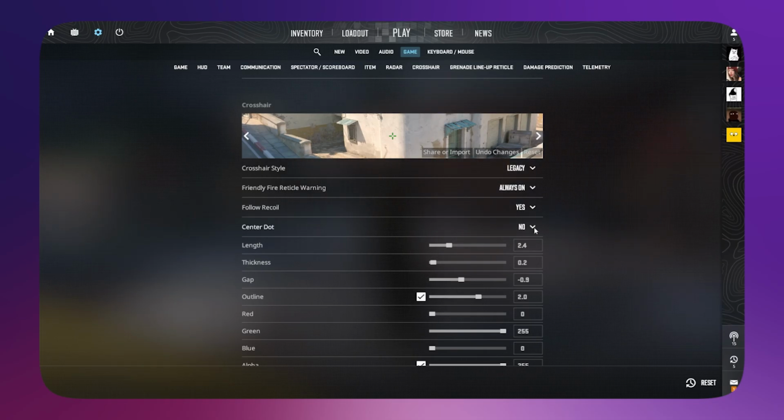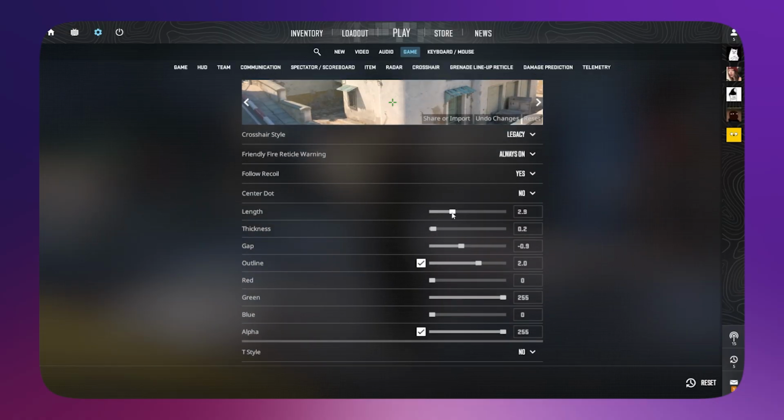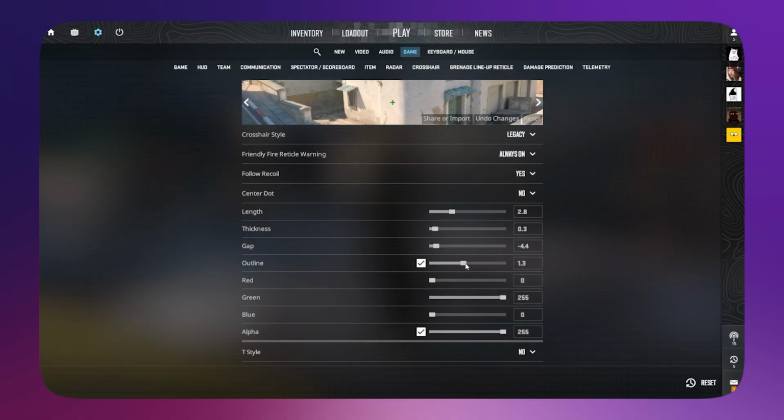And you could also add a center dot right here. So click on yes to add the center dot, and just set it to no to disable it. So you could adjust the length right here, also the thickness, the gap of the crosshair, just like that, and the outline also, the outline thickness,